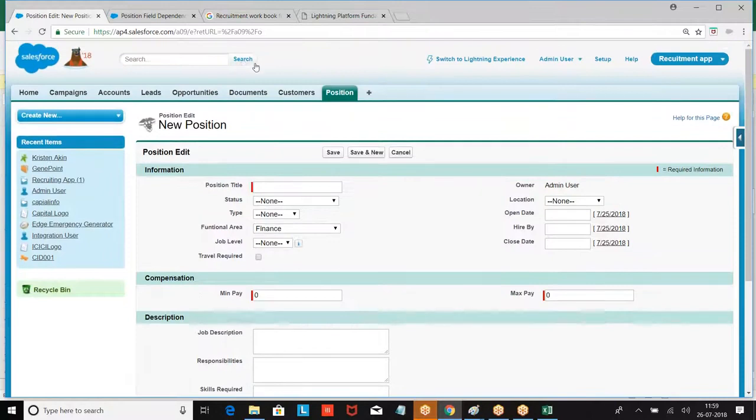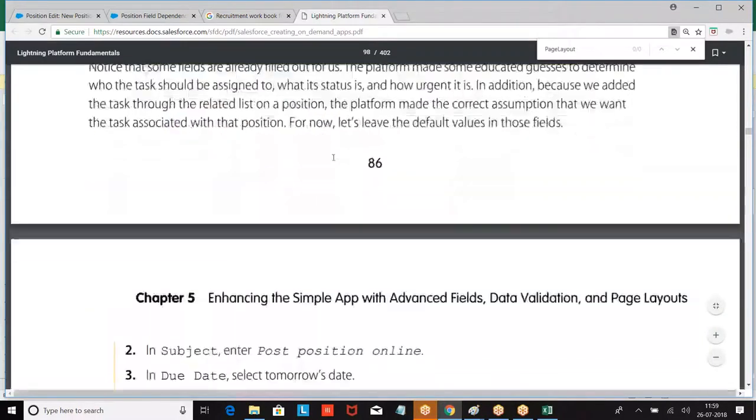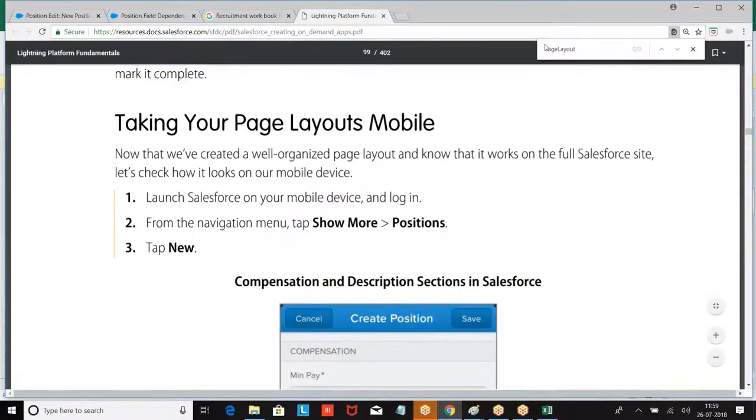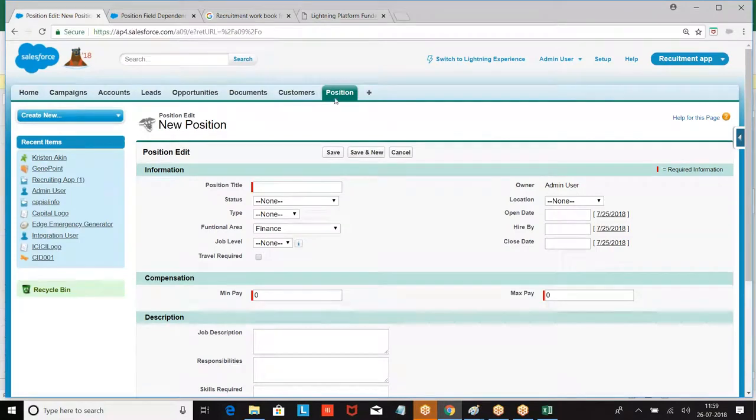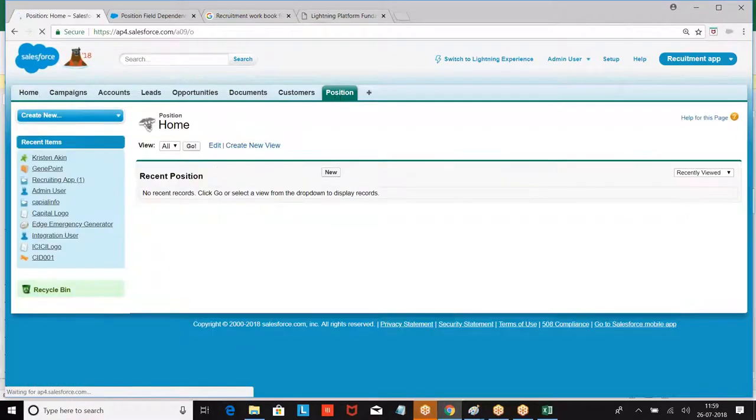Now look at the next part. Now we had an object, and I have an issue here. While you are creating data, which fields of the data should be displayed here? When you click on the position, the tab comes.